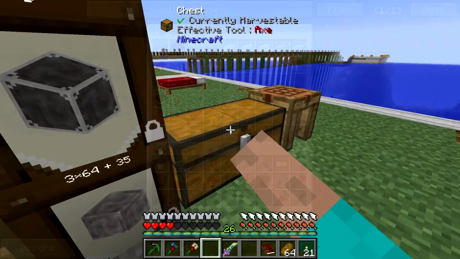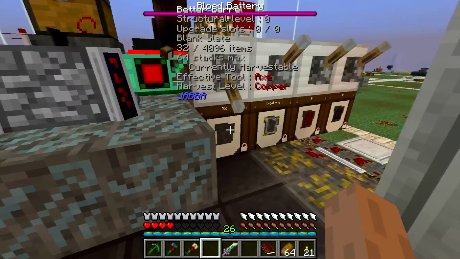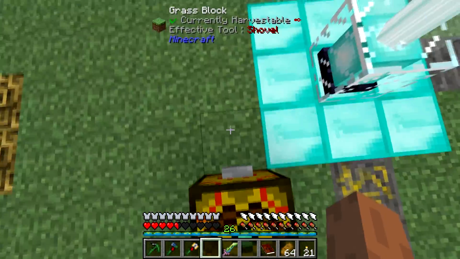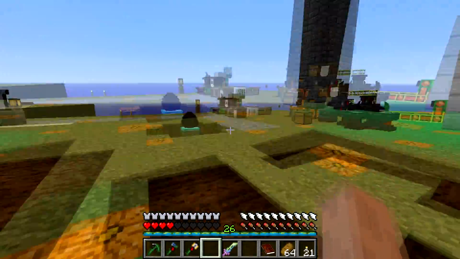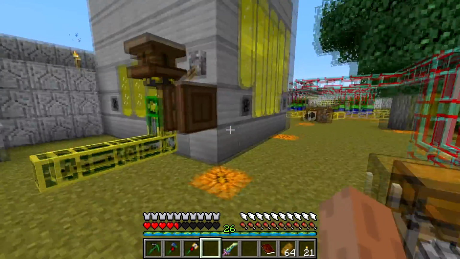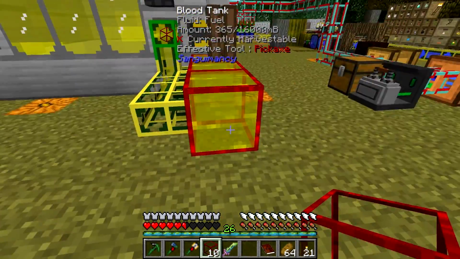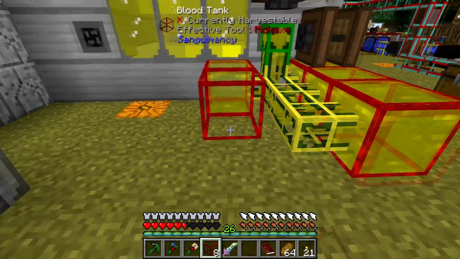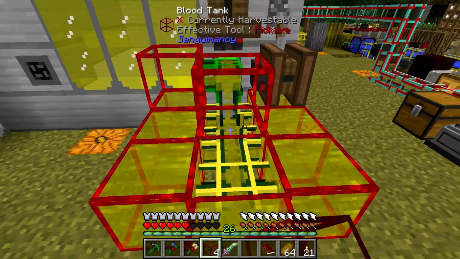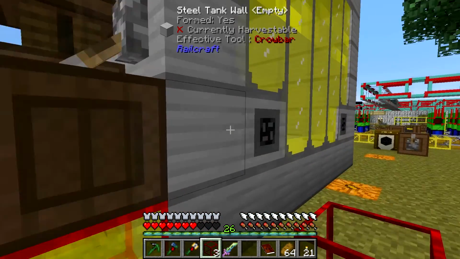But what this lets us do, let's put this stuff in here. Put these away. These each hold 16 buckets, which in and of themselves is not a ton. But if we come over here, I want to transport this stuff so I can start tearing these tanks down. This should let us start doing that. So we should be able to put one there, here, and here. So we can let these start filling up, and then as they do...